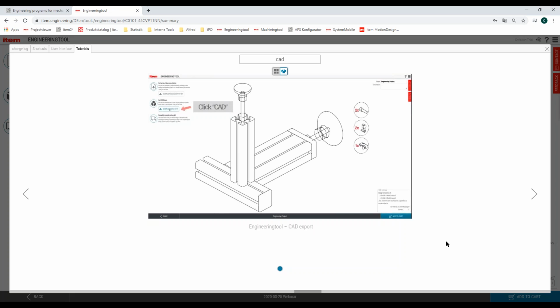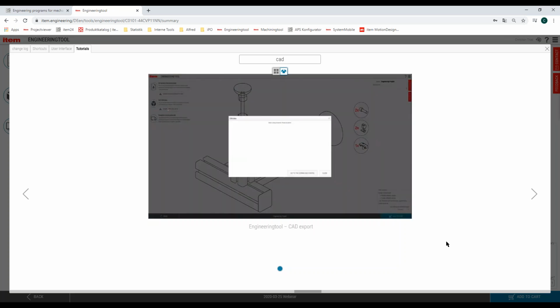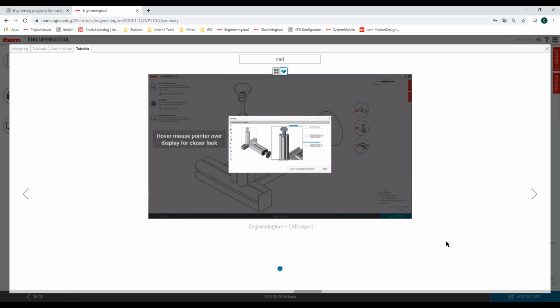So in the end, if you're not sure how to proceed, how to get a CAD file out of your design into your system, just watch this video again. It shows you how to open our CAD box and to select either the right format for your system, especially STEP or IGES, or as well choose your CAD system, Solid Edge, SolidWorks, CATIA, Inventor, Pro Engineer or Creo. Select it, click on Insert, and you will get it right into your CAD system.